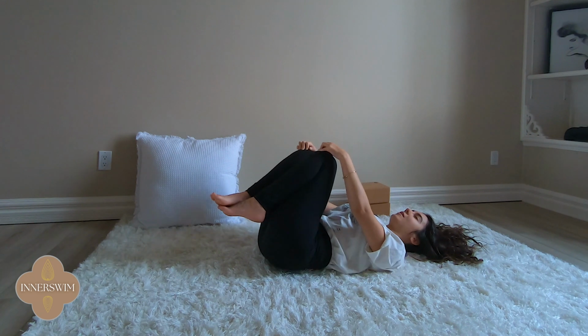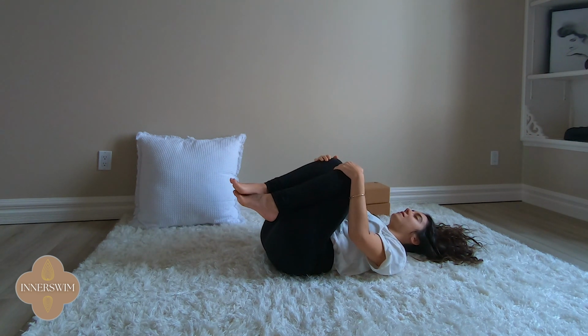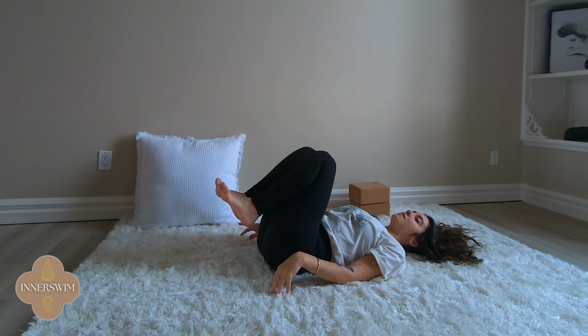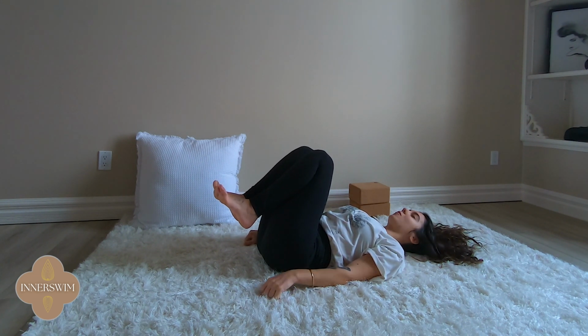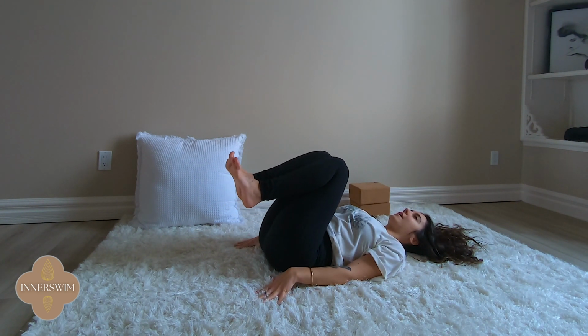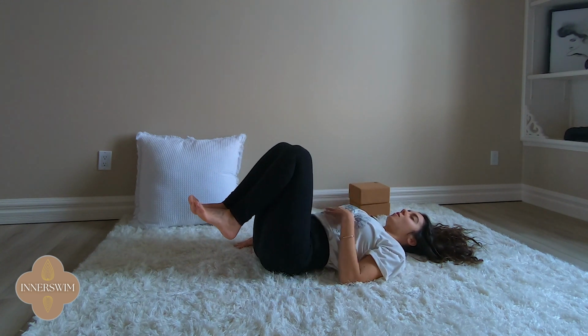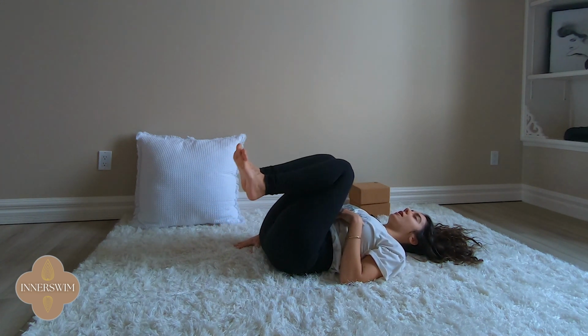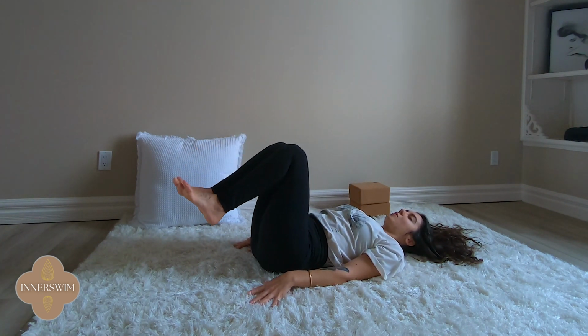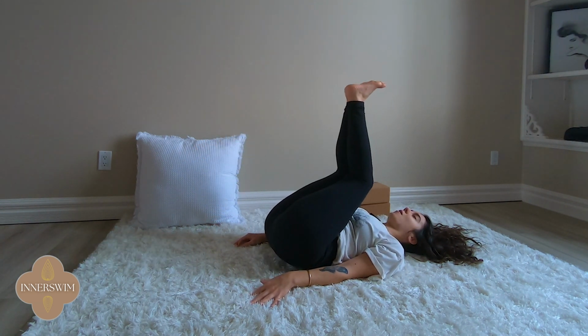And then from here, with knees in towards your chest, we're going to release our arms and just ground our hands. And if you can, grab hold of something, whether it's your yoga mat or your rug. And if not, just really firmly ground your hands. And use a little momentum and a little core strength, squeezing your belly muscles. Using a little momentum, we're going to rock ourselves up onto our